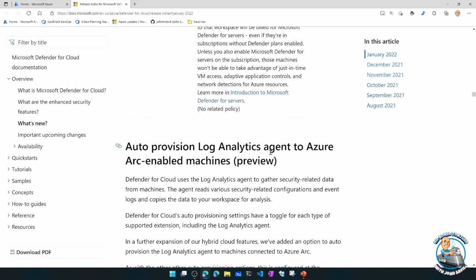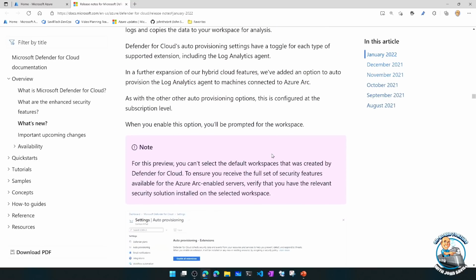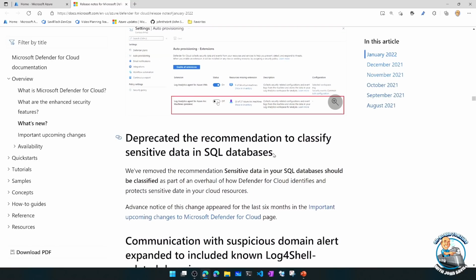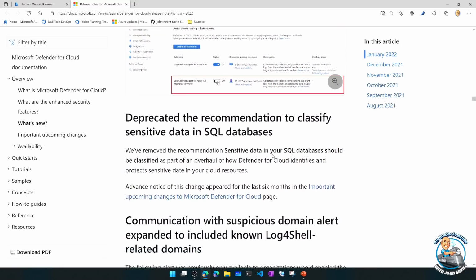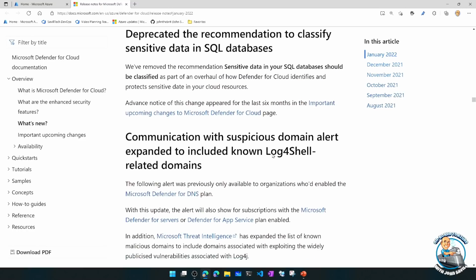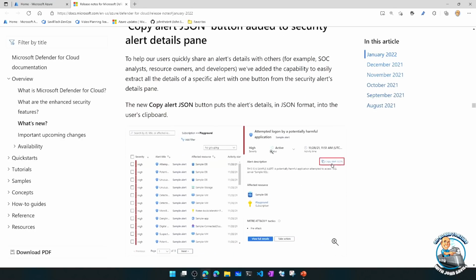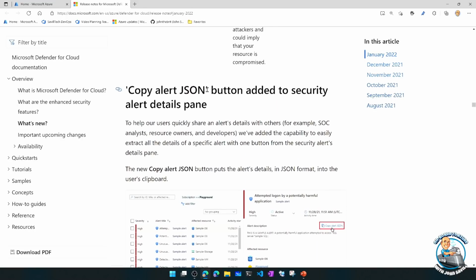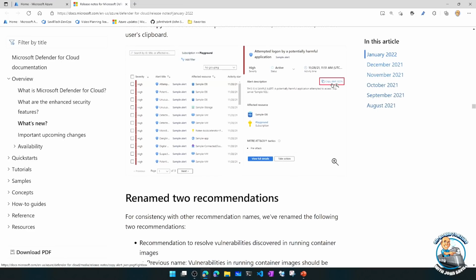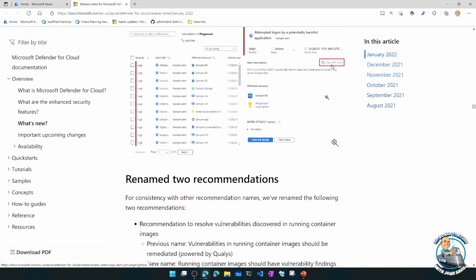Auto provision of Log Analytics agent to Azure Arc-enabled machines. Some deprecated recommendations around sensitive data classification for SQL. Some new known Log4Shell type alerting. There's now a copy alert JSON button. So when I go and look at an alert, I have this nice copy alert JSON button to just get the JSON for that.